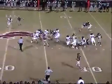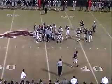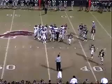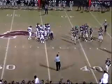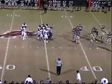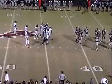He's going to get around the right side. Going to pick up about 4. Good job that time by the Cavaliers as they shut that off and held it to about a 4-yard gain. It's going to bring up about a 3rd and 1, Brandon. Yeah, it was a quick give to Kyle Terrell, number 21 for the Lions. Takes it to the right side, and really just a good stop by the Callaway defense